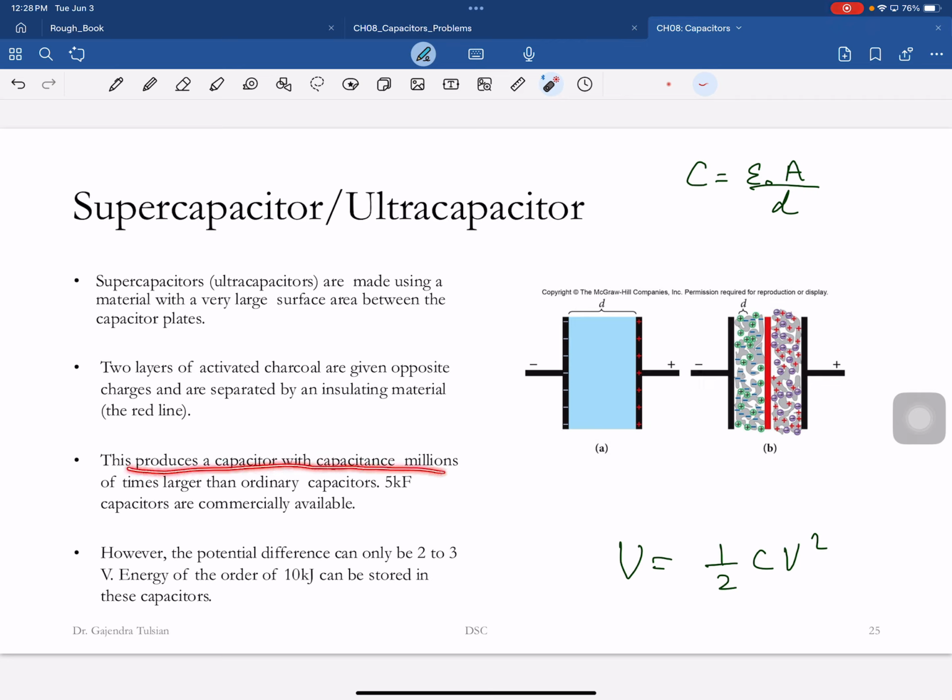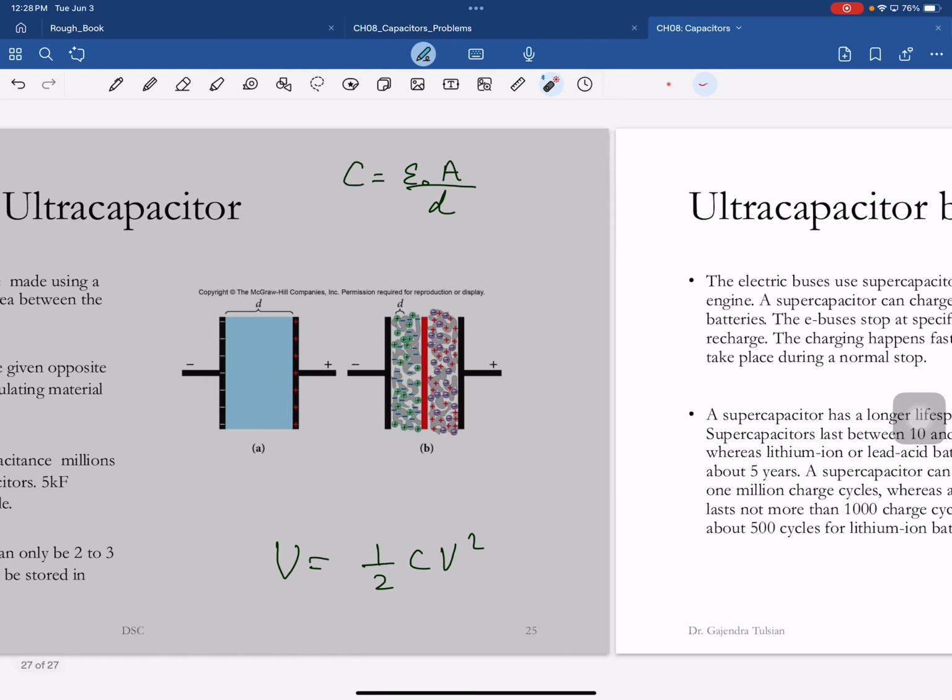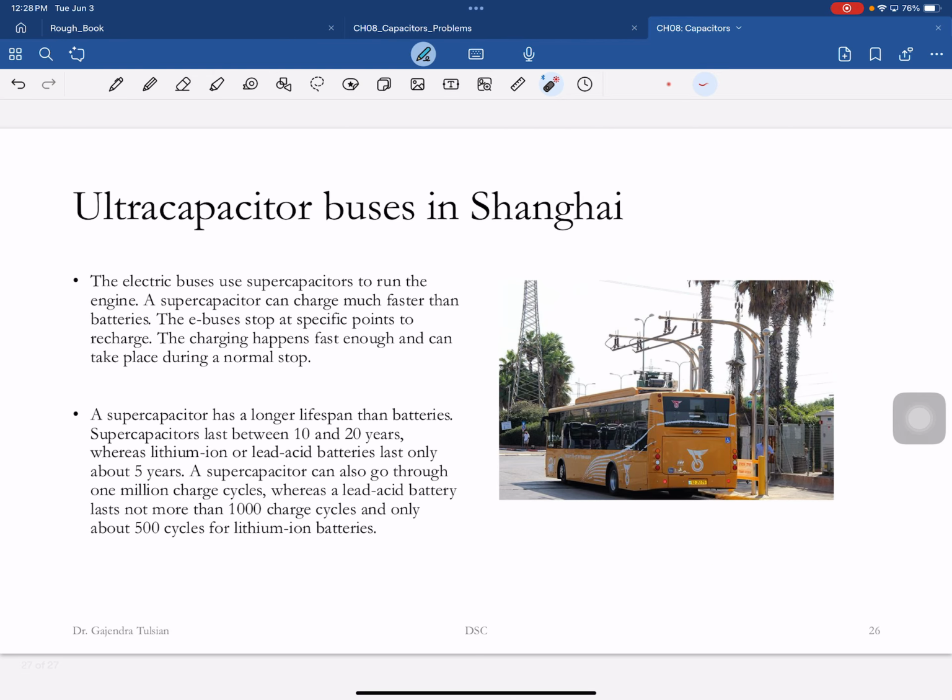This produces a capacitor with capacitance millions of times larger. Okay, 5 kilofarad capacitors are commercially available. Okay, price one on Amazon? Less than 100. Yeah, no, price it. Get your phone out and check Amazon. The potential difference can only be 2 to 3 volts. And you can store about 10 kilojoules of energy. Okay. All right, so